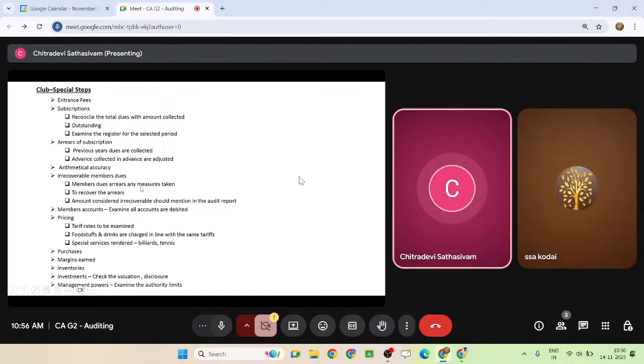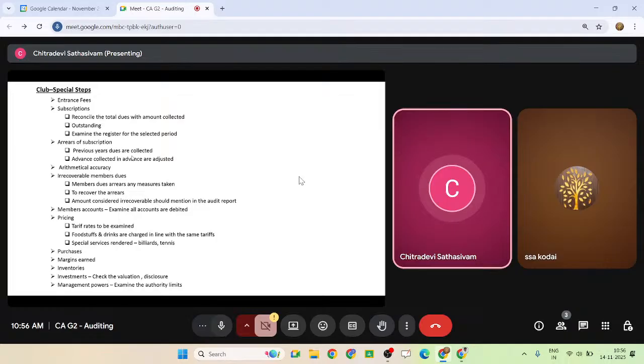The most important thing is that for the members only there is a major income. So you have to ensure how many members are there as per the register. You have to ensure that proper invoices have been raised to the members to collect the money. Some members will pay outstanding money, you have to follow it up and ensure that money is being collected. Sometimes money is collected in advance last year, and this year you have to ensure that it has been booked in revenue. So arrears and subscriptions, what is outstanding, you have to examine the register for the respective financial year period.